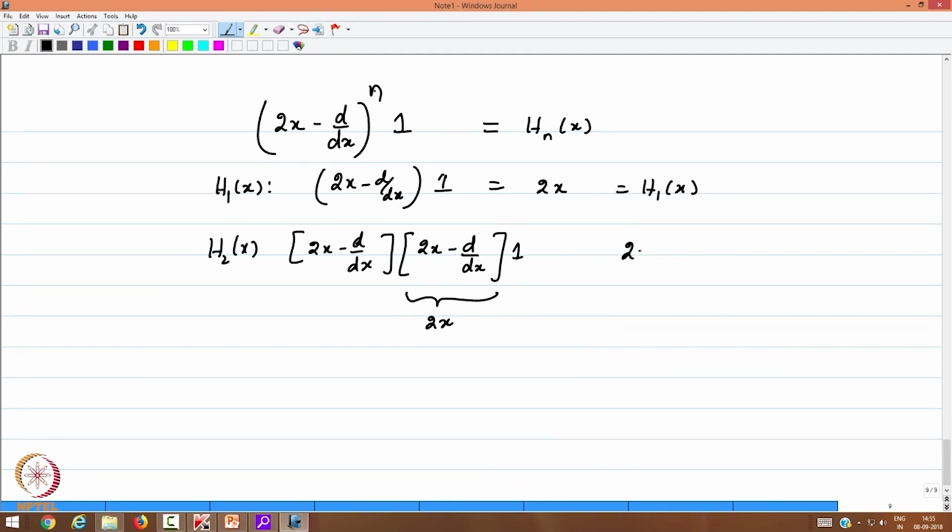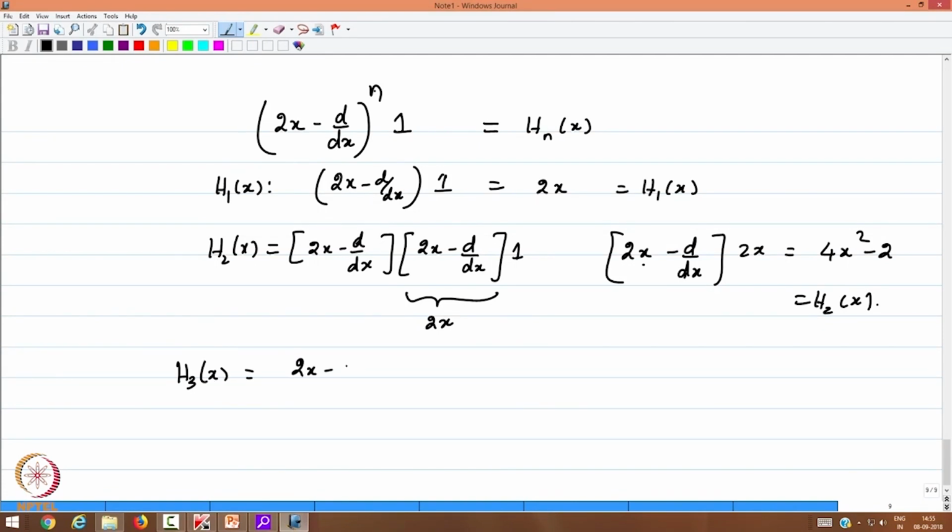Therefore, now you have 2x minus d by dx acting on 2x gives you 4x square minus 2, and that is equal to H2 of x. So, now it is quite clear what you should do for H3 and others. It is basically repeated application of this operator, 2x minus d by dx, 2x minus d by dx, and 2x minus d by dx